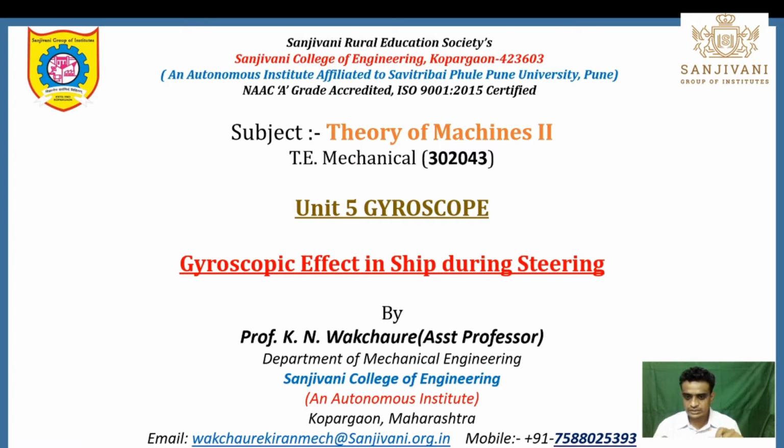As we rotate the ship towards left or towards right, the plane of spinning gets changed. As the plane of spinning gets changed about this vertical axis, a gyroscopic couple acts on the body, and because of that gyroscopic couple, the front end or the tail end of the ship either moves in the upward or in the downward direction. In this session, we are going to study how the gyroscopic effect affects the orientation of the ship.